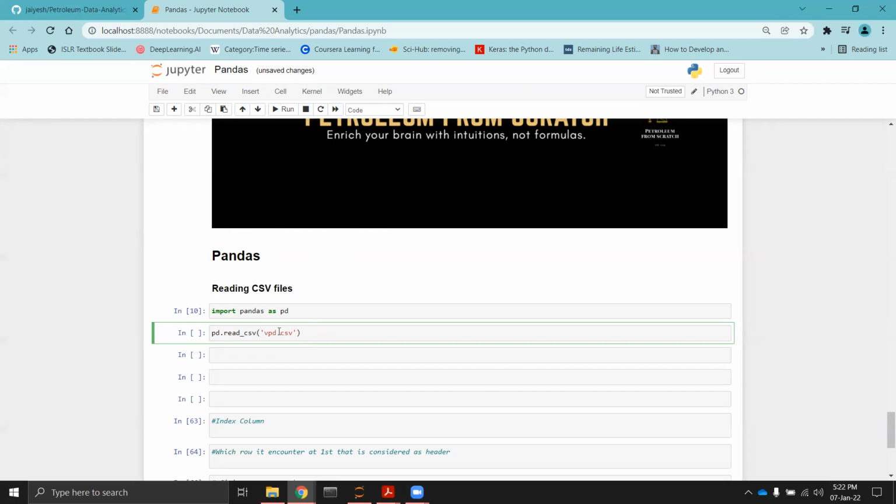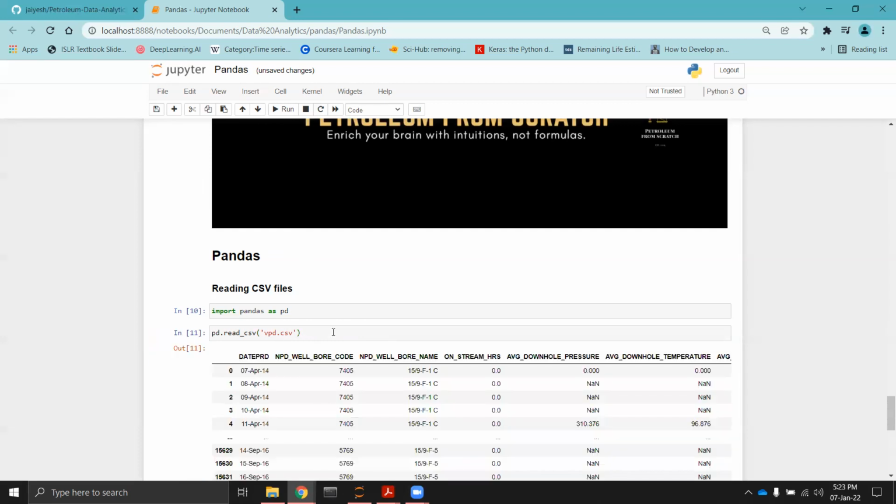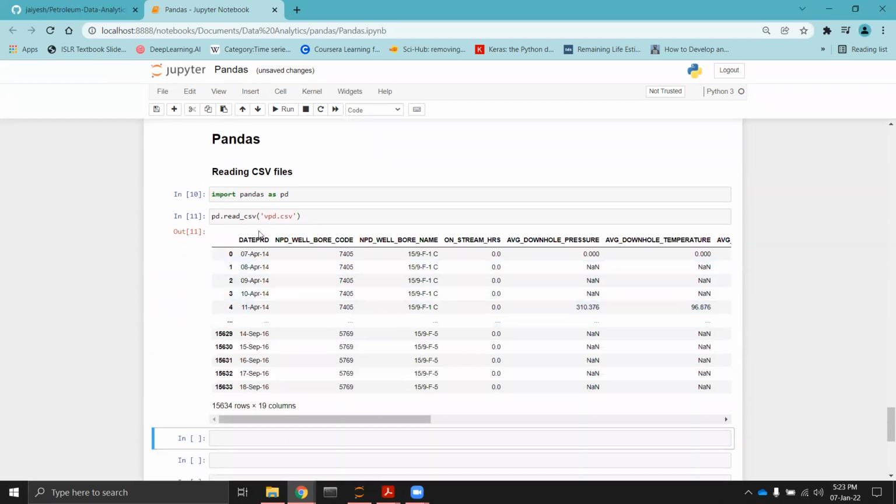For example, if this vpd CSV file is present in my D drive, and inside that D drive I have a folder named petroleum, and inside that vpd.csv is present, then you have to write the complete path like this. But currently this CSV file is present in the same folder as this Jupyter notebook, so I'm just writing the name of the CSV file. I hit shift enter to run this cell.